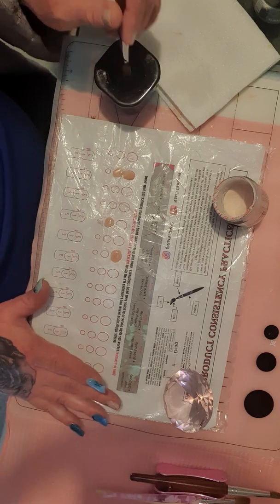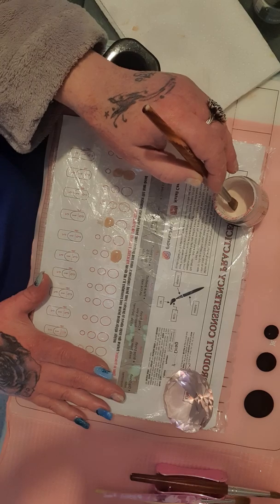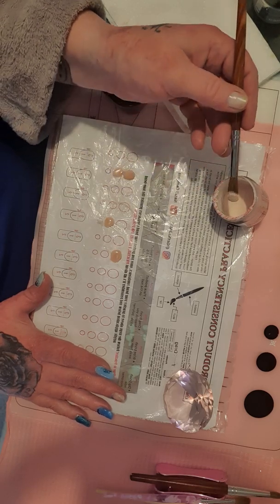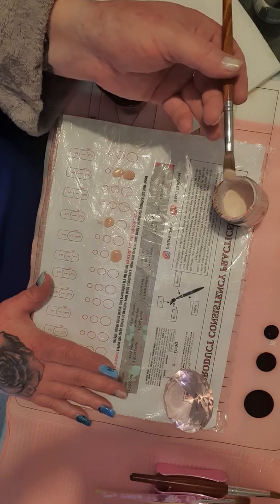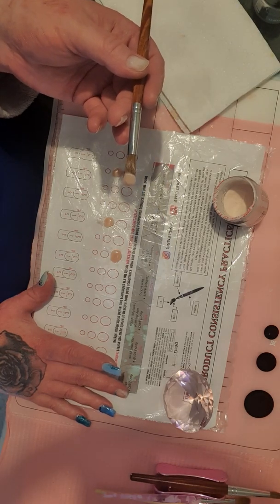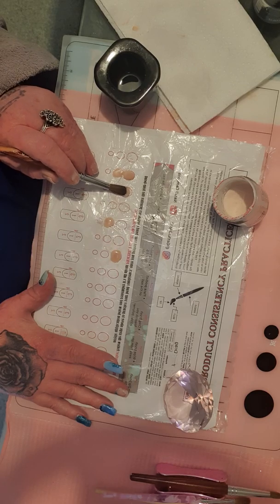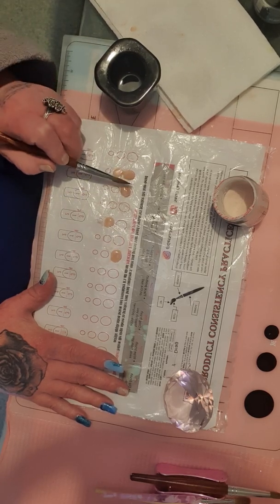And, like at the end of the day, you just don't give up. And just know that it will finally come together where you get the perfect consistency of liquid to powder. And that went a bit on the other side, which I'm not very happy about. But, you know,